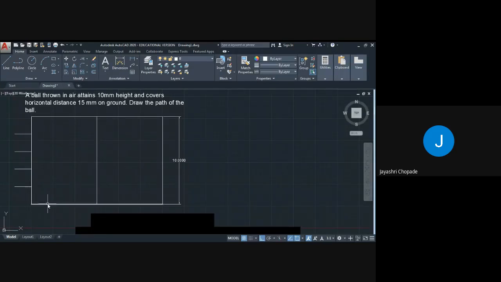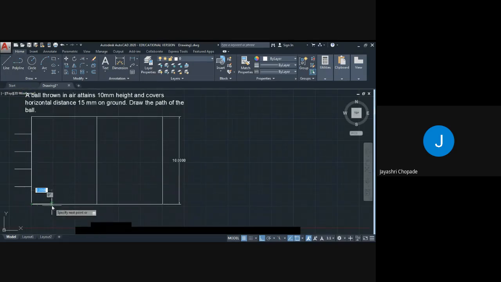Next, total horizontal distance is 15, that is 15 mm. Half of that is 7.5, and if we want to divide into 5 equal parts, each distance will be 1.5.